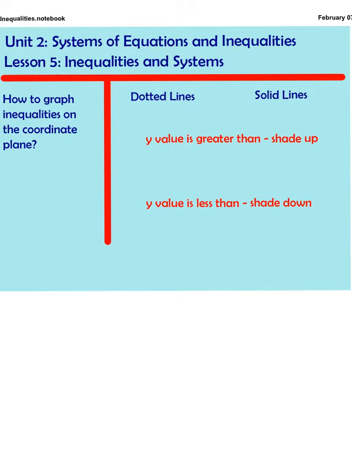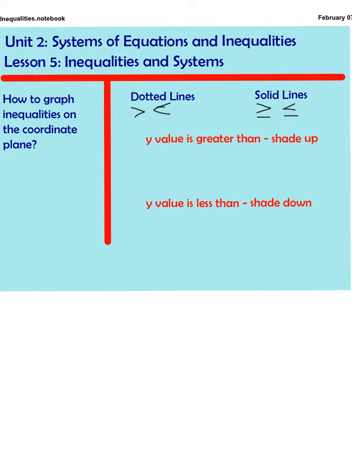So we typically have dotted lines if we have a greater than symbol or a less than symbol. That's a really sad less than, but you get the idea. Solid lines would be greater than or equal to, less than or equal to. So the key is that the "or equal to" here creates the solid line. These ones don't have a line underneath them, so we're going to have a dotted line. It's kind of like open circle and closed circle. So then for shading,